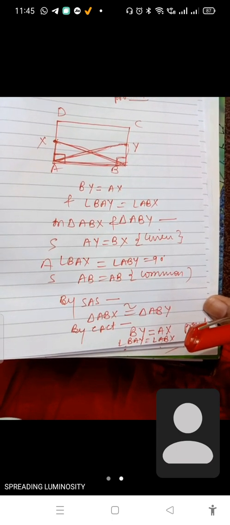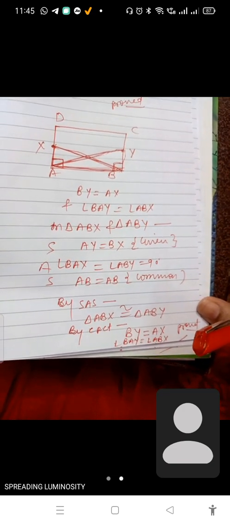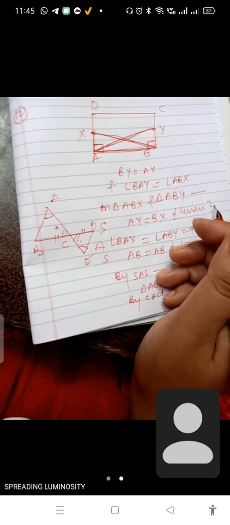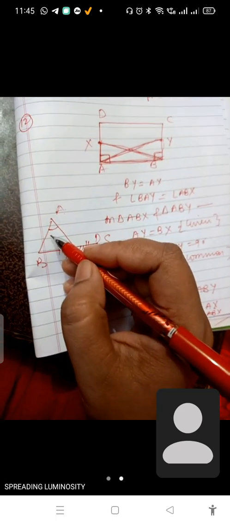Now 14th question. See 14th. First prove the given triangles congruent. We have the two triangles. I am just making the figure. These two sides are equal. These angles are equal and the vertically opposite angles are also equal. First, prove them congruent. Give them names A, B, C, D, E. Prove them congruent. Then write 25 is equal to 2y plus 3 and 3x minus 7 is equal to 32. But before writing the equalities, you have to prove them congruent.